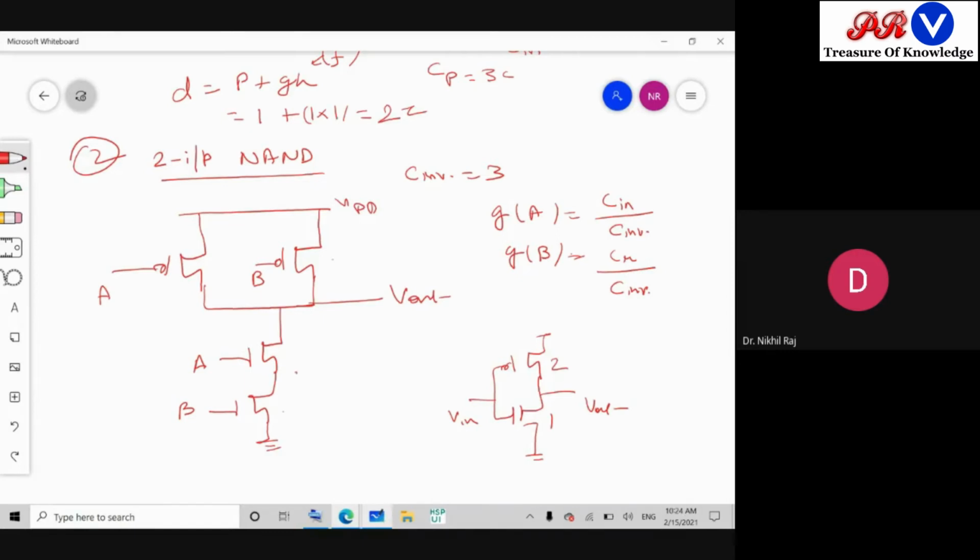Now the solution is that the driving strength should be identical to that of the inverter. This means if this is discharging and this NMOS is offering a resistance of R, then this complete path should offer a resistance of R. If this charging is offering a resistance of R1, then this path should offer a resistance of R1. This should be the necessary condition to be satisfied.